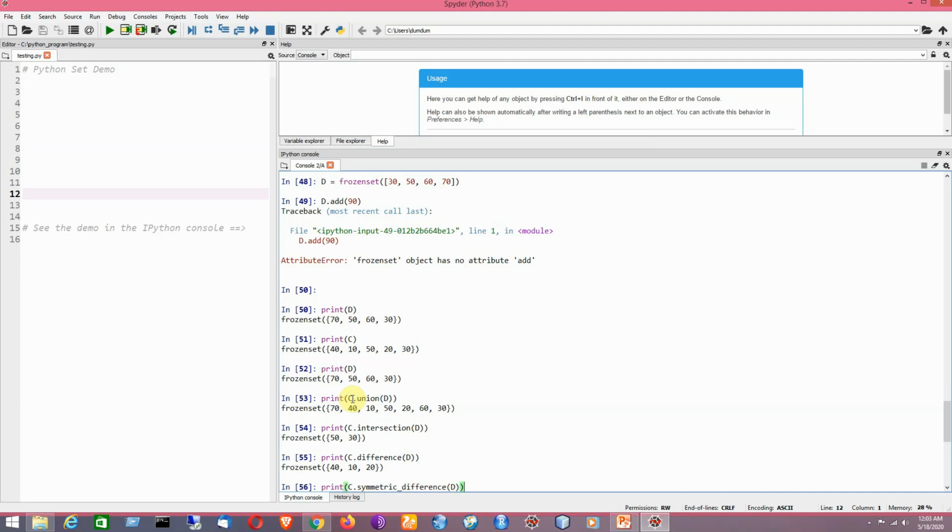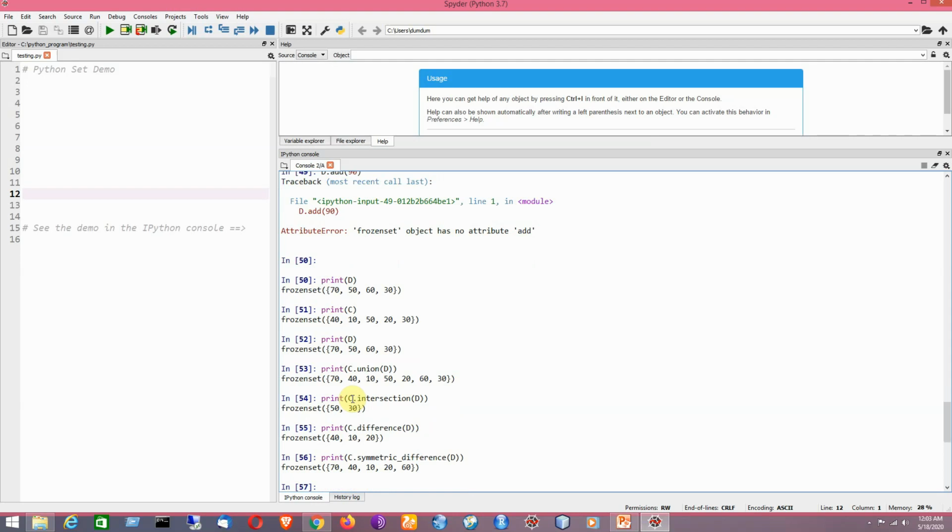I can also check whether removing an element from the frozen set is allowed or not. That we also check here. Say D dot remove, what are the elements in D? 70, 50, 60, 30. I would like to remove 30 from here. I would like to check whether that operation is permitted in this particular frozen set or not.